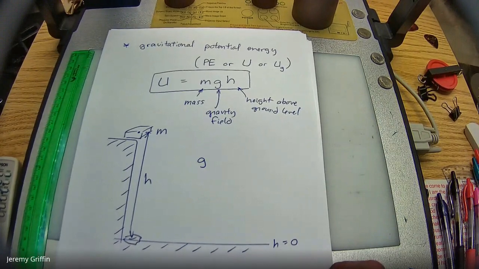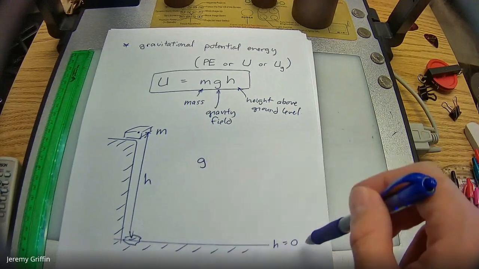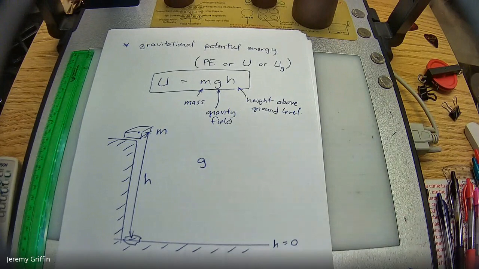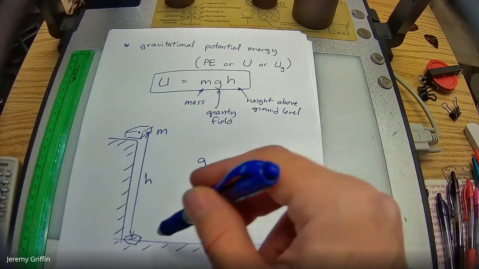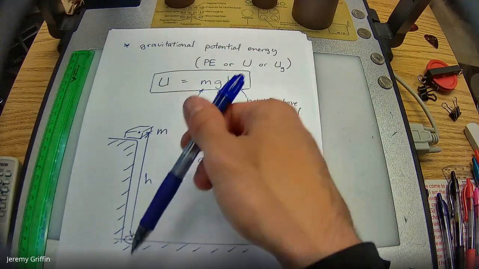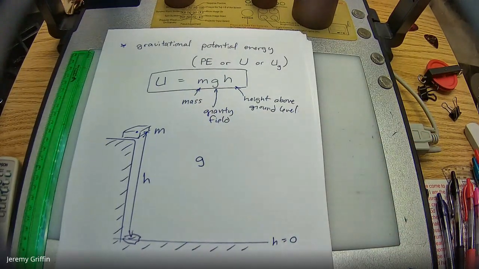It turns out that that's okay, and I'll tell you why. If you define height 0 right here at this floor, you're allowed to define height 0, the ground level, wherever you want, and as long as you're consistent within any problem, any setup, throughout the conservation of energy problem, then everything works out in terms of energy accounting. And falling through the floor, you would just say it falls into negative territory. So it would have a negative height if it's way down below this. And you could give that a negative number of joules of energy, which maybe doesn't make a lot of intuitive sense, but in terms of energy accounting, in terms of the math, everything checks out perfectly fine.